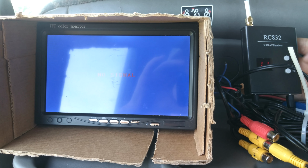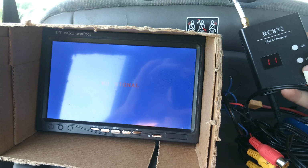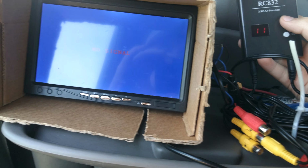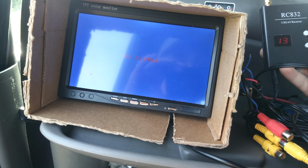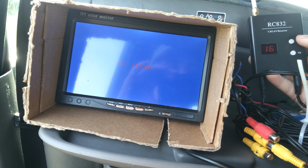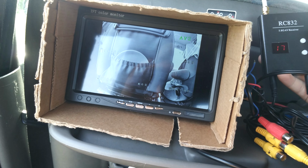So it has two buttons. The lower one is frequency and the upper one is for channel, and let's just press them and see the monitor, and the image should pop up. Voila,